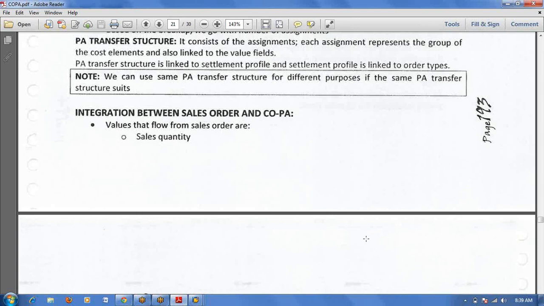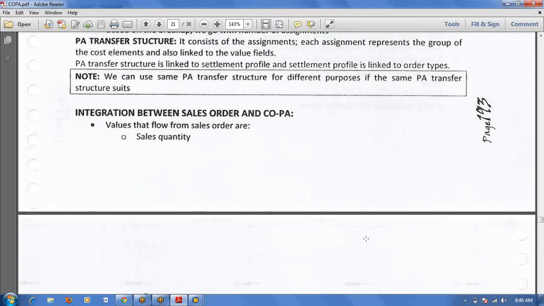That is one thing. And in the requirement class, you will specify whether the sales order is carrying the cost or not. That requirement class you will assign to the requirement type. That requirement type you will maintain in the item category. That item category you will maintain in the material master. Based on that, the system will identify that this sales order is carrying the cost.